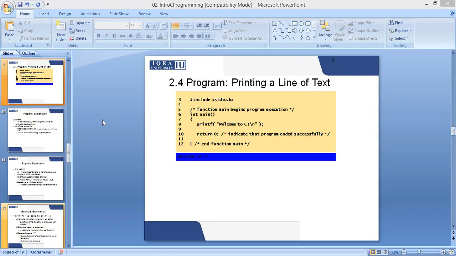How do you write a C language program? On line number 3, you can see there is written hash include stdio. What does this tell you? The hash sign over here tells you that you will be including a library. Include is a keyword that, whenever written, means you are including a library. What is a library? A library in C language is like a dictionary that has all the predefined keywords, statements, and functions written in it.